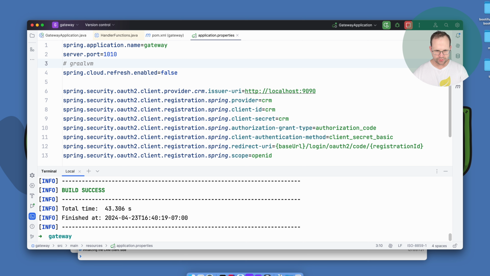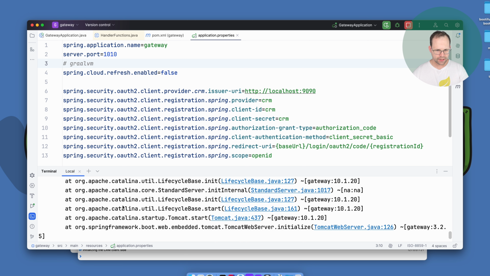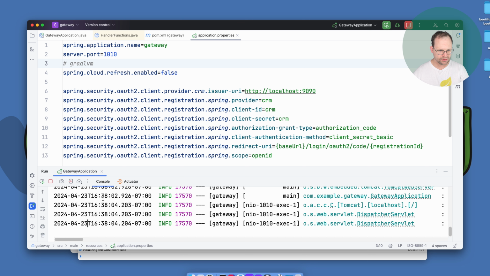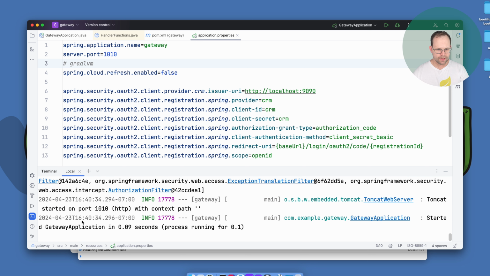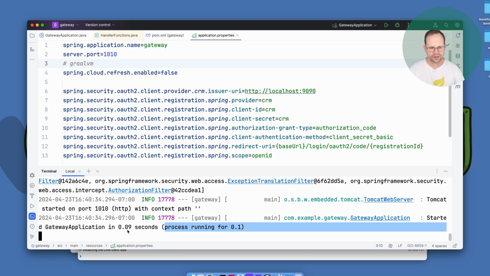All right, compilation is finished. Let's go ahead and run it. Target, gateway. Oh, the port is already in use, I'll bet. Yep, that's what it is. So let's go here. Stop that. Restart. There we go. The application is up and running in about 1/10 of a second, which is nice. The whole process has been running for about 100 milliseconds, but Spring and all the Java stuff took about 90 milliseconds. Very, very